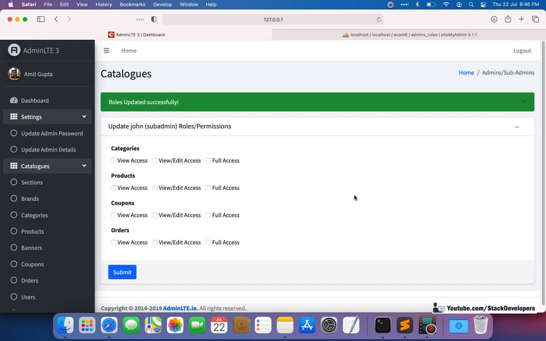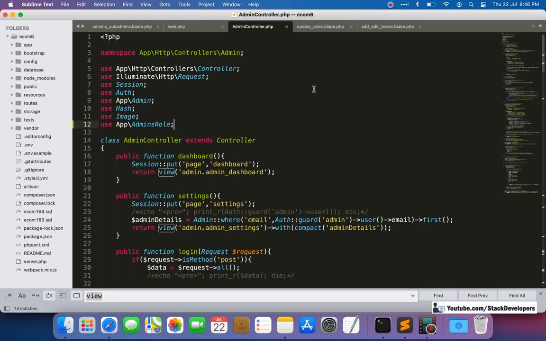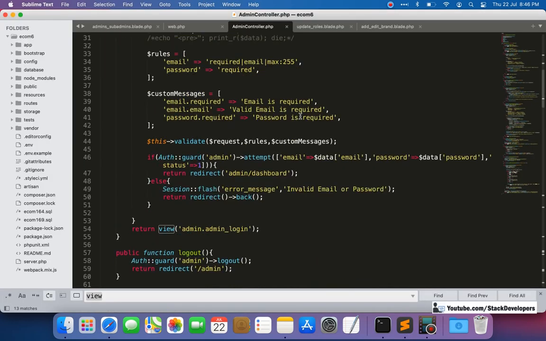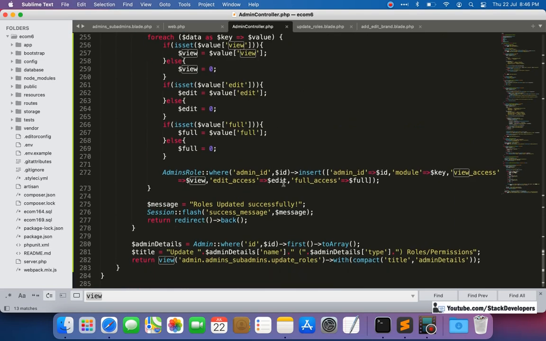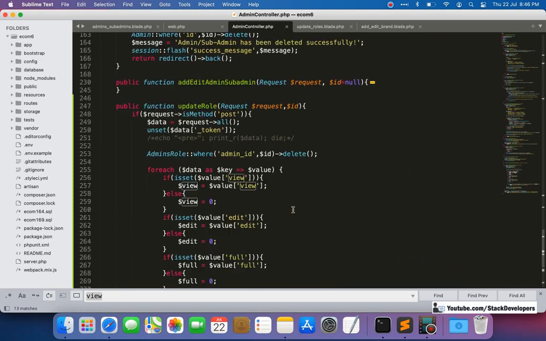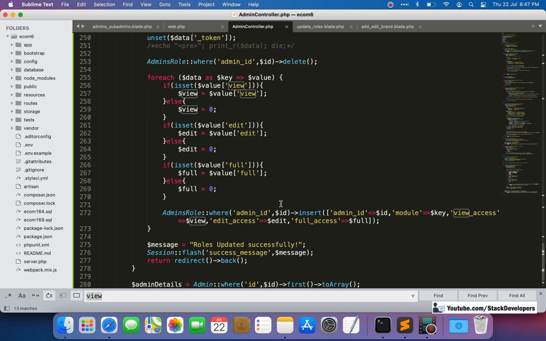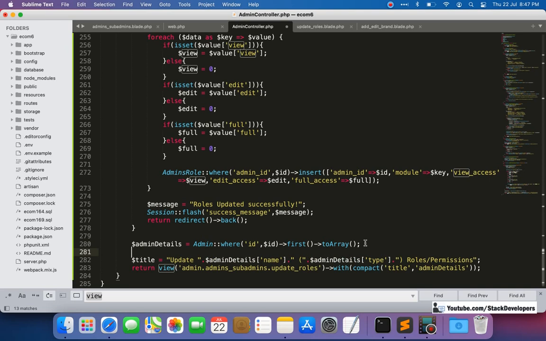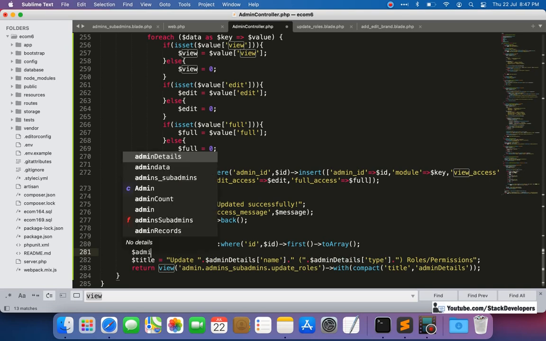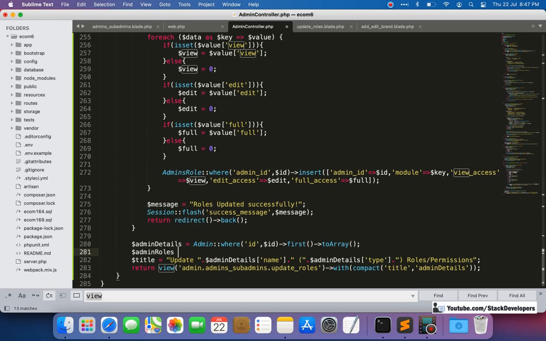Okay, but we want to show here as well. After this update we want to show, so we want to send the admin role as well. So for that we are going to update here and pass the roles along with the admin details, and here we are going to pass the admin role as well. So here I'm going to write admin roles.